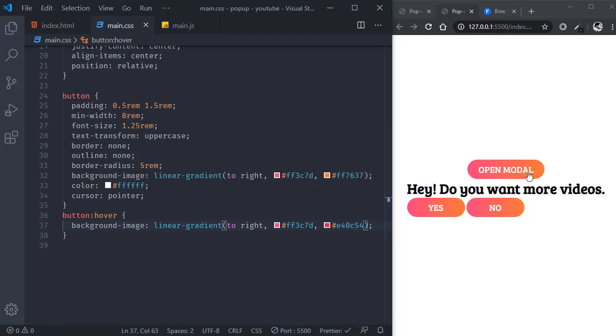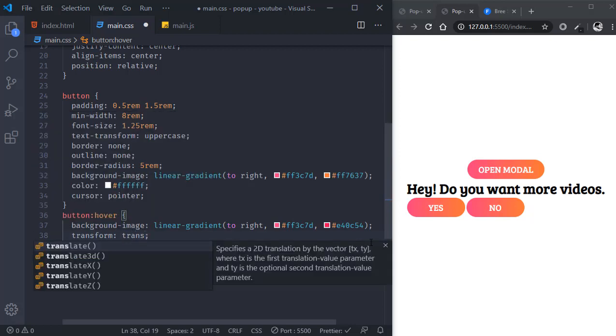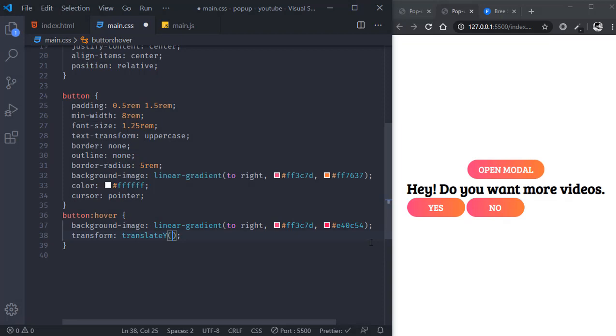So see, then transform translate y. Translate y means vertical movement of the button, so we'll say translate y minus 0.25 rem. If half rem is 8 pixels, then 0.25 rem will be 4 pixels, so minus means it goes in the up direction. Okay, see, but the animation is not smooth, so we have to add some transition